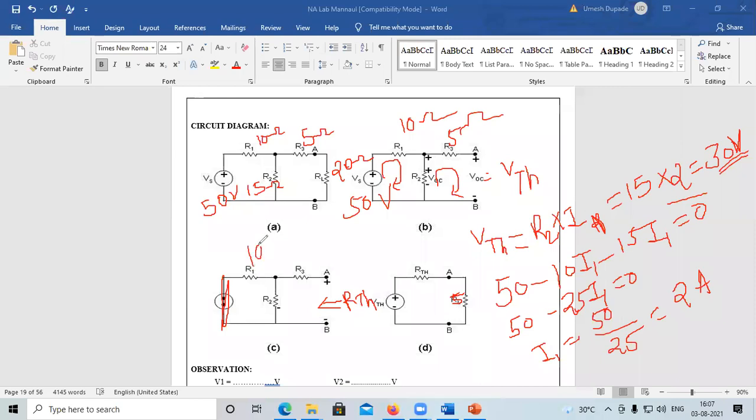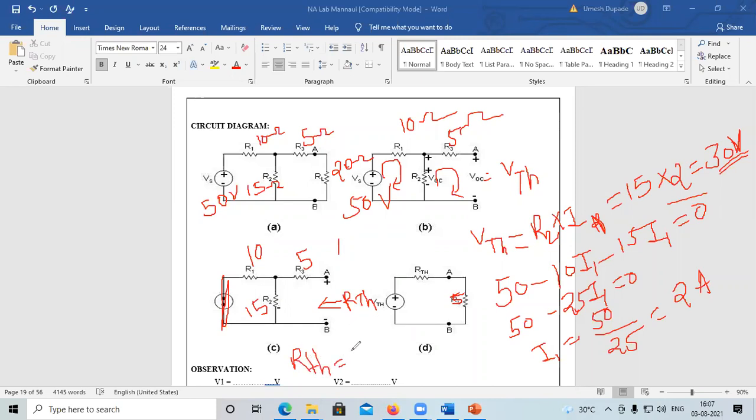Value of resistance R1 is nothing but 10. Value of resistance R2 is nothing but 15, and value of resistance R3 is nothing but 5. Now by applying series parallel technique, or it may be star delta technique, you can calculate the resistance RTH between terminal A and B. So these two resistances are in parallel combination. This answer becomes in series with that of the 5 ohm resistor. So RTH is equal to